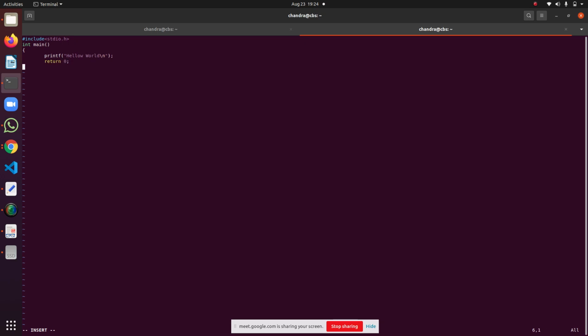This is a simple code. It is just printing hello world. So I will tell you how to compile this code in Linux. In Linux, C code will be compiled in the terminal by using a compiler. The compiler is called the GCC compiler. So if you press GCC,